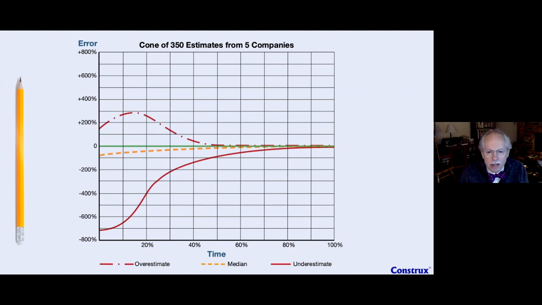Now, the other thing on this graph that you might notice is the orange line here. The orange line represents the median. Now, the median in mathematical terms, just to remind a few of you, is not the average. The mean is the average. It's not the mode, which is the most common number. The median is where you line up all the numbers, in this case all the error rates, and if you had 21, you'd find number 11, the one in the middle, and say that's the median. That's the number that, if you line them all up, is in the middle of the distribution. And you can see that it's going this way. It's below 0, which means that more stuff is down here than up here. In fact, there's a lot more stuff down there than up there.